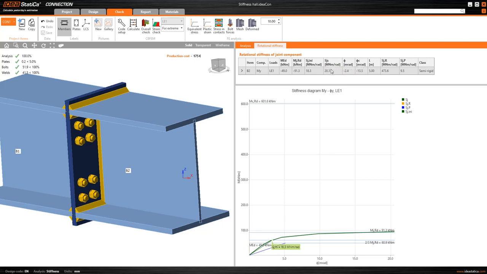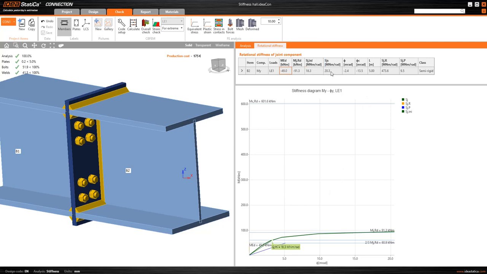The second is the stiffness which we'll be using, because this is the stiffness for my bending moment 49 kilonewton meter, and my rotation 2.4 milliradian. You can see the classification of the joint is semi-rigid, so we should take into account the stiffnesses. We will take into account 20.3 meganewton meter per radian, and I would like to show you how you can